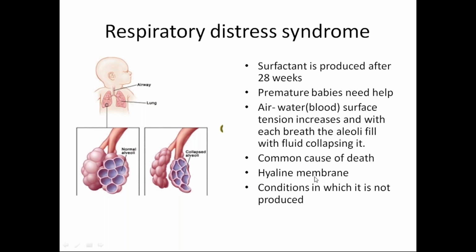Initially, it used to be called the hyaline membrane disease because they were smooth structures which were seen under the microscope, glistening structures. That's why it was called hyaline membrane disease. And this happens when there is prematurity and there are certain conditions where the